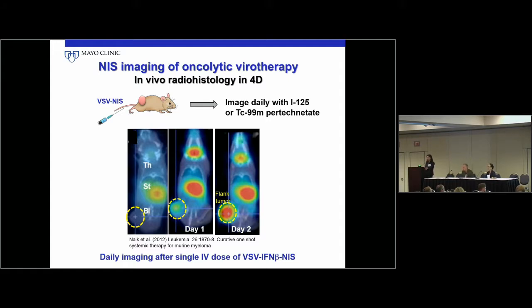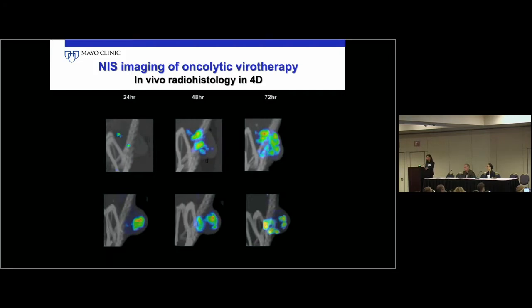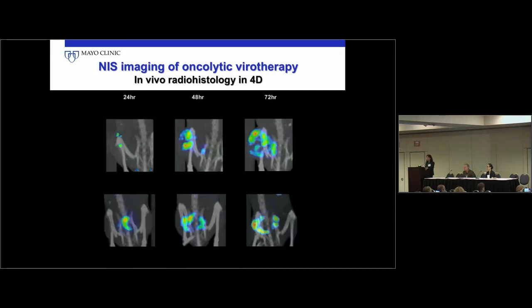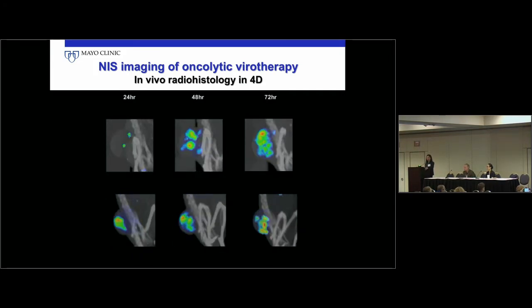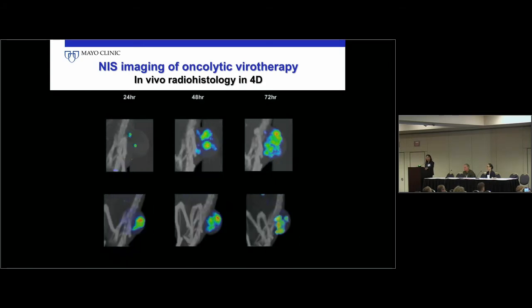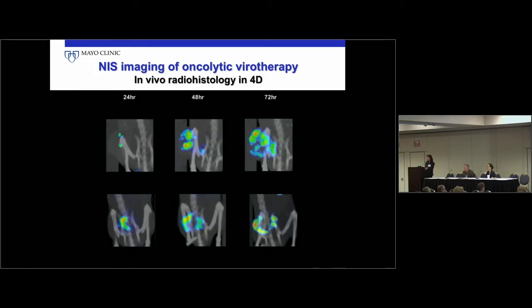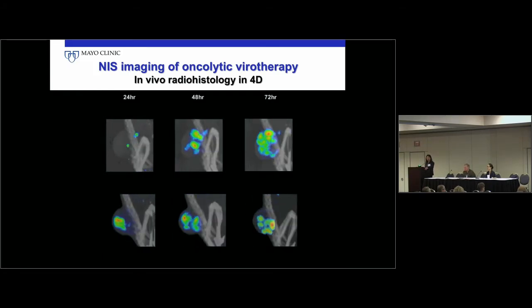That is a machine that we have, a gamma medical machine, but with new machines, the resolution is exquisite. Here's a flank tumor in the mouse, probably 1 centimeter, 1.5 centimeter. Over time, daily imaging showing the oncolytic virus spreading, and each of these is an infectious foci of various infected cells,